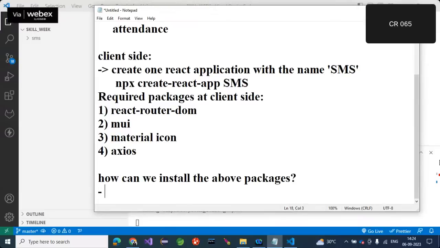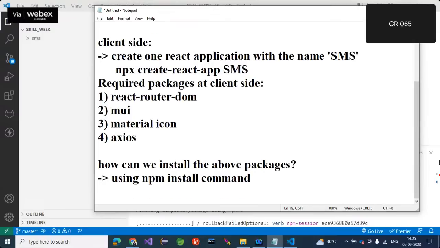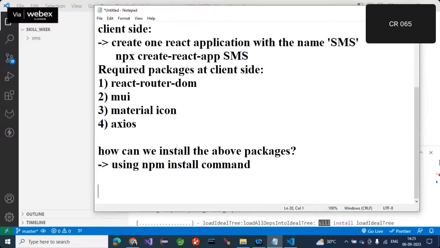Using the npm install command. Already you know that, right? So everyone created. This is about a client side environment. But here, by working with React routing,